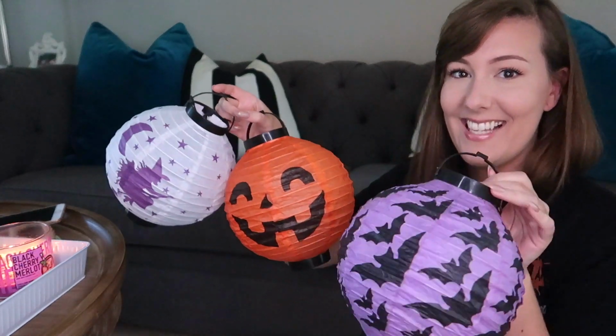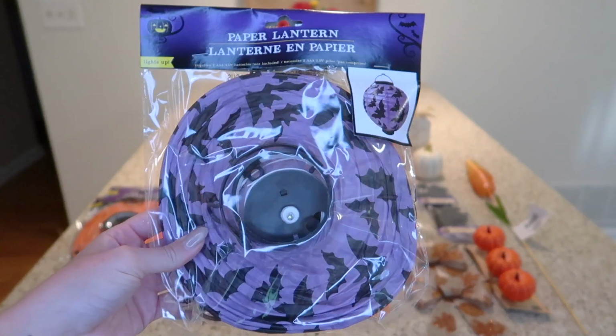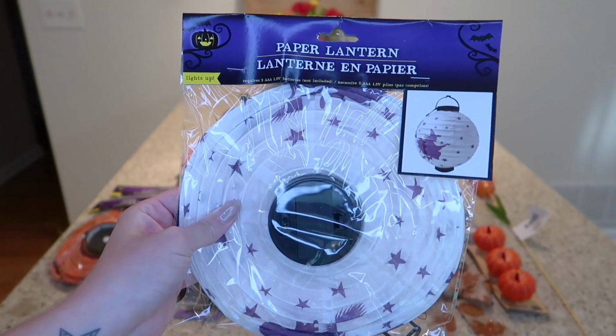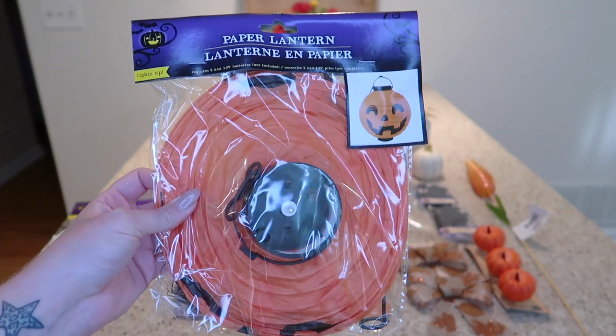Now I saved the best for last. These were my favorite finds from the Dollar Tree, hands down, and that is these Halloween lanterns. I thought these were so cool. The first one I found was the bat one, and I really liked it. I wasn't sure at first, but then when I found the other 2, I was like, I have to grab